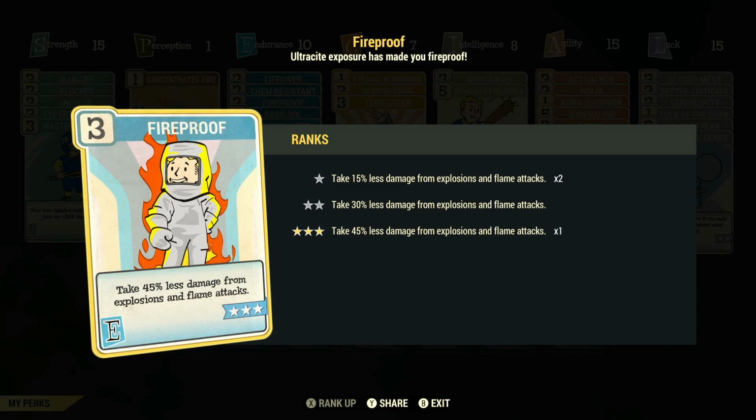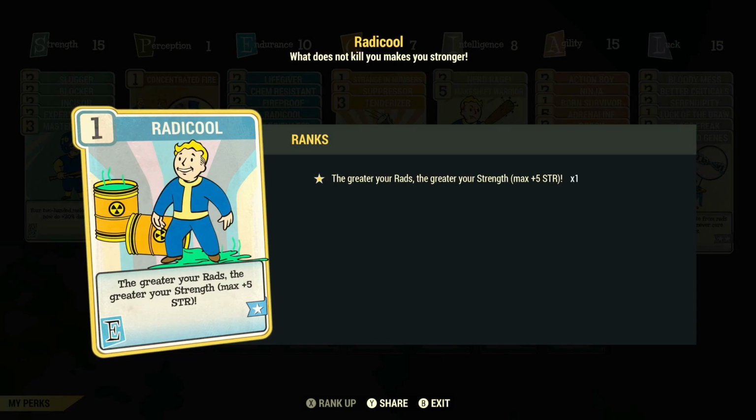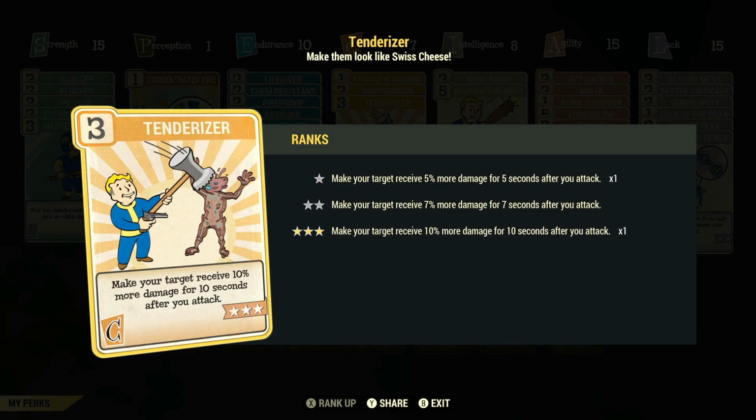We also have max rank of fireproof, so you take 45% less damage from explosions and flame attacks, very useful against scorchbeast screech attacks, and of course 1 rank or max rank of radical, so that the greater your rads, the greater your strength. And if you're new to Fallout, the more points you have allocated into strength, the more damage you'll be dealing with melee weapons. We also have max rank of tenderizer, so your target receives 10% more damage for 10 seconds after you attack,